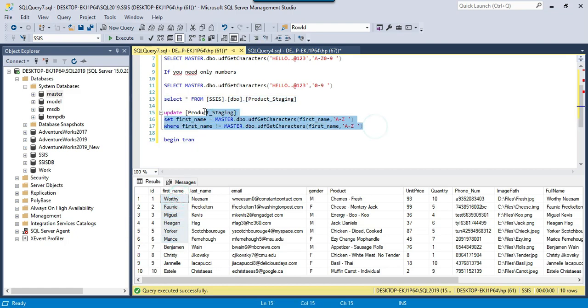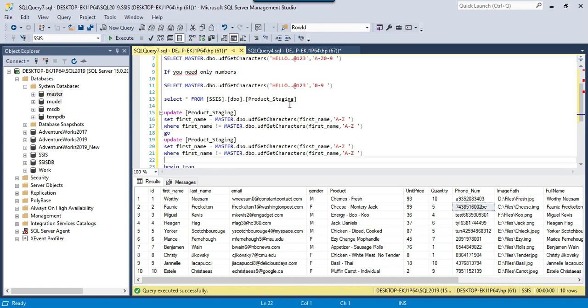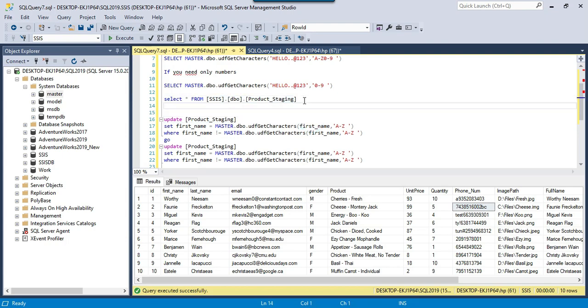Now I need to write another update statement to remove the special characters from the phone number. So I can write another update query here. And there is one more thing: before executing this query, what you can actually do is run a select query before running the update statement. Okay, so for the select query, you can select the phone number, the original phone number from here, and then you can get the new phone number from here.